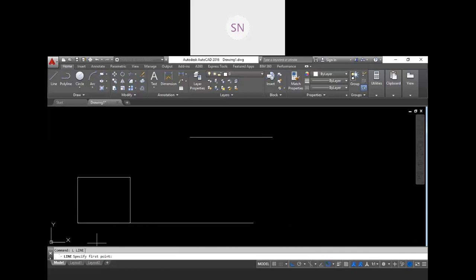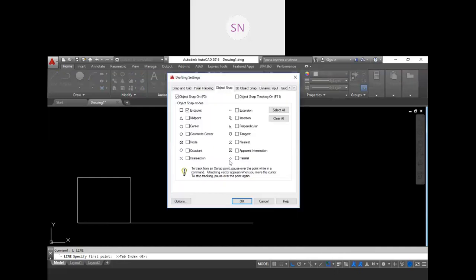So turn on your object snap. Now type your command and go to your object, you will get this snapping. See, endpoint over here, endpoint. Other points also we have. Go to the settings, turn on your midpoint, so it will be represented as a triangle, then center point for circle, and also geometry center. See, if you don't turn on this geometry center, you will not be able to find the center point of your rectangle.